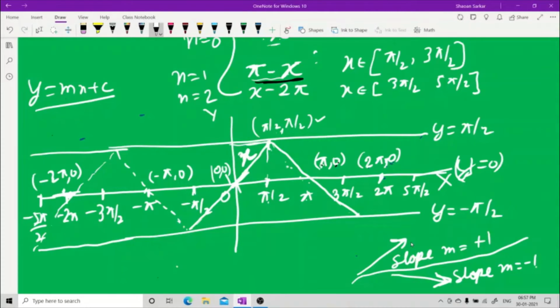Now come to this point, this side. Let us come to this line. It has a slope tilted in this manner. Slope is -1, so y equals minus x plus c. At this point it is (-π, 0), so put x equal to -π. Minus times minus gives me plus π. So what should I add to plus π to get 0? I have to